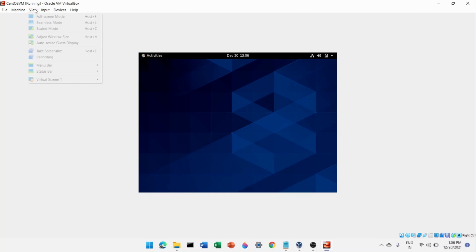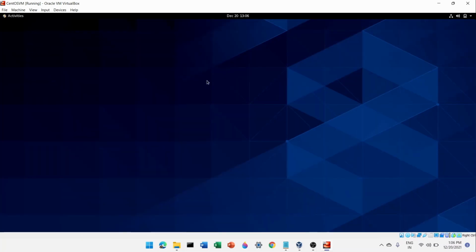Once you have given the password and entered your CentOS machine, go to this view menu, and here you can see something which is now available, that is auto-resize guest display. Click on this. Let's click once again, and now you can see that the virtual machine is appearing in full screen, and that's what we wanted, so that our experience of learning Linux will be good.